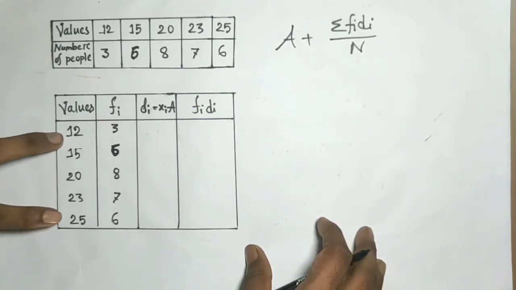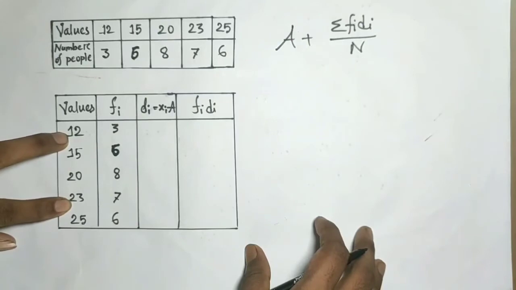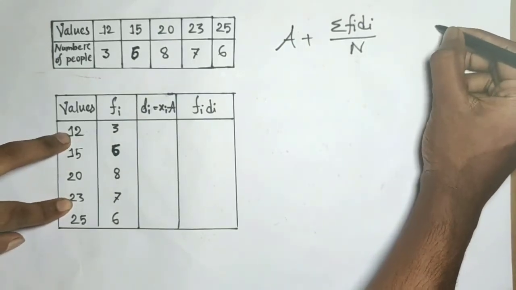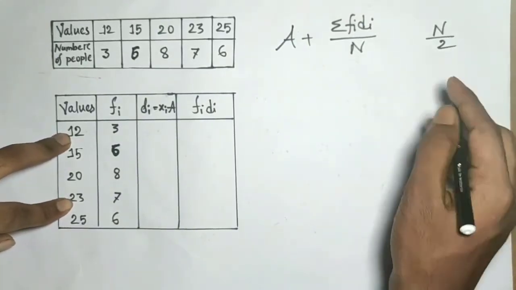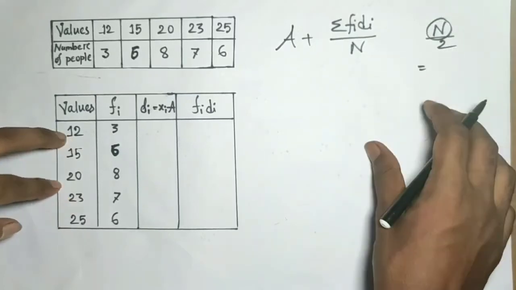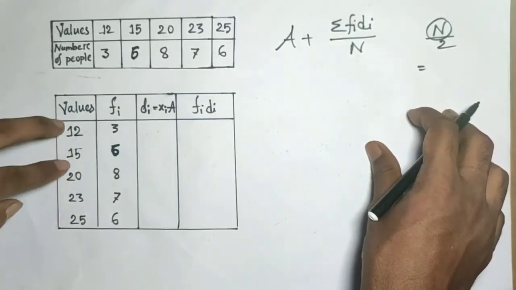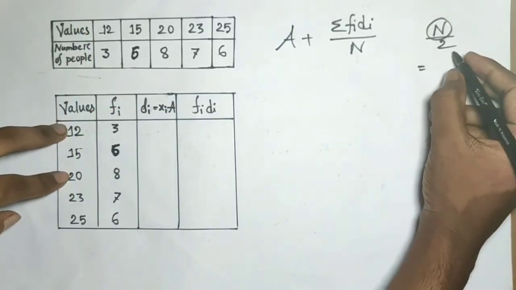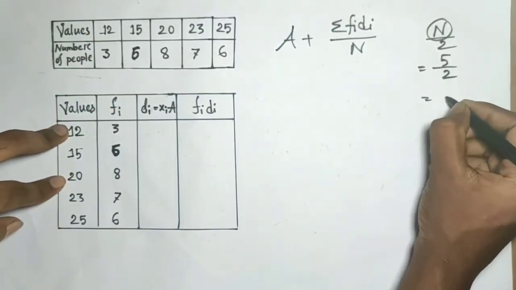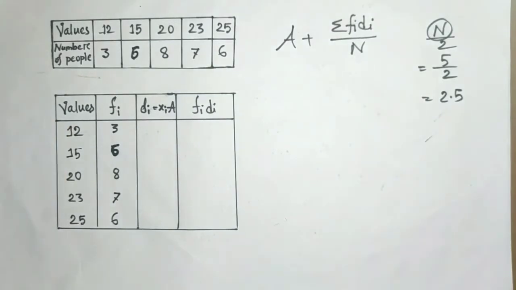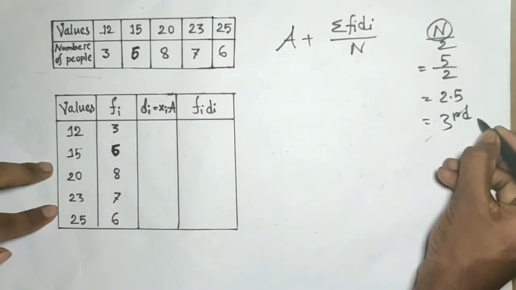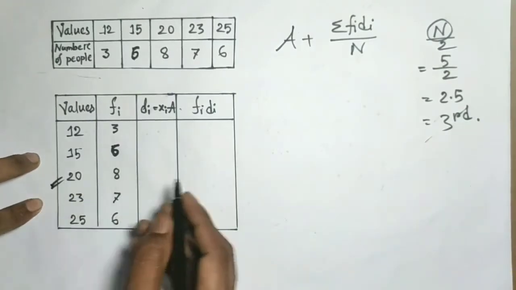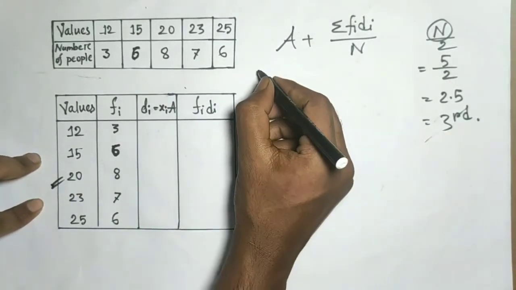observations. Here we have 5 observations, so we can find the middlemost value by this formula, n by 2, where n means the number of observations. Here we have 5 observations, that is 5 by 2, and we get 2.5. If the result is a fraction, then the next integer number will be the assumed mean. Here the third number will be the assumed mean, and the third number is 20. So A, for assumed mean,